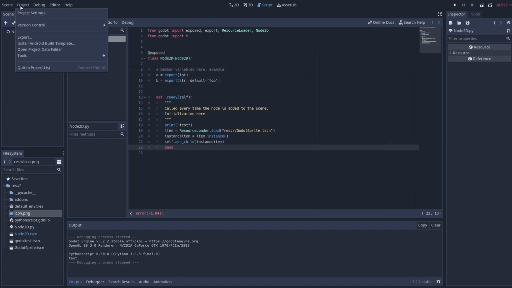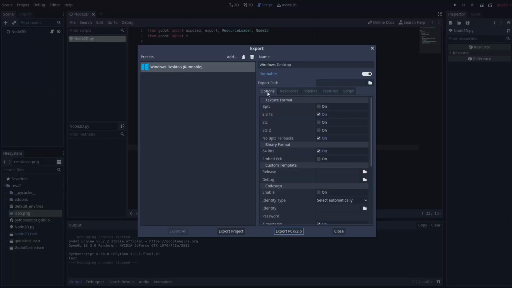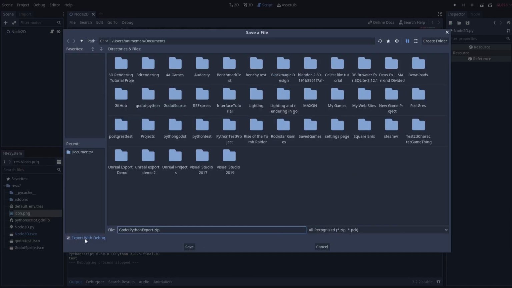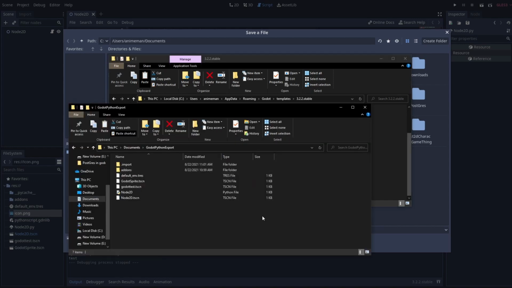How we know that is if we go to project and go to export and look at our options here, you'll see that we did 64-bit. And when we click export package, you'll see export with debug. So we have to make sure that we pull this specific version and this specific executable. If you copy this and then we go back to our Python and paste it, we should be good to go and run it. So if we go ahead and double click this,